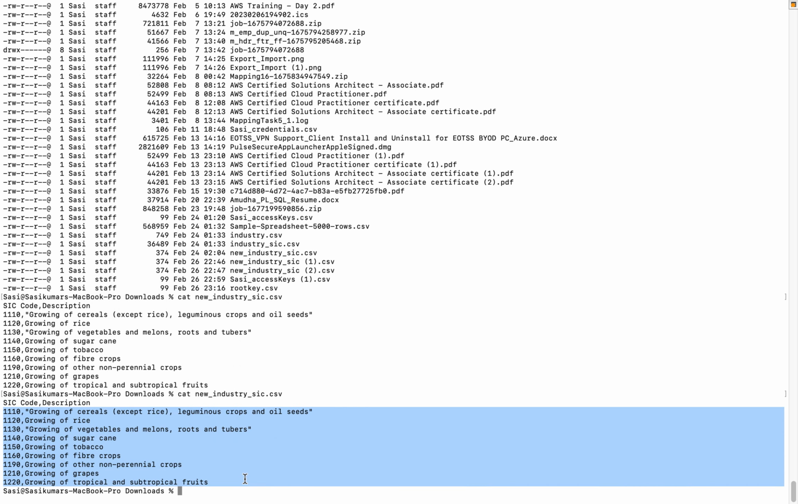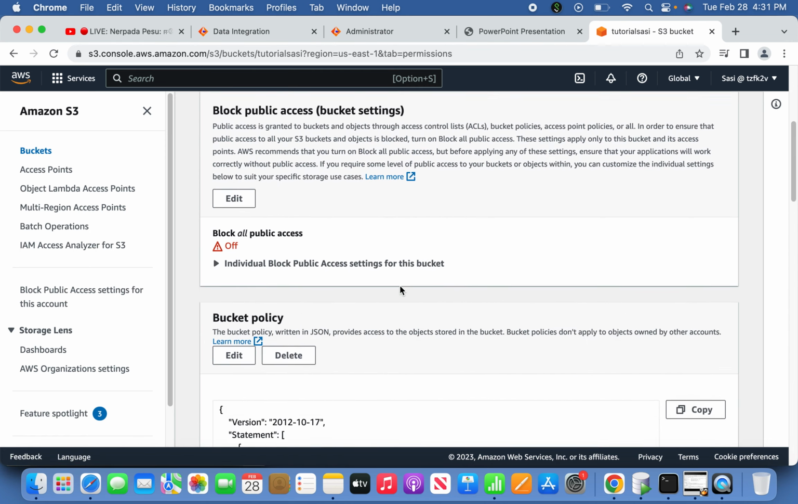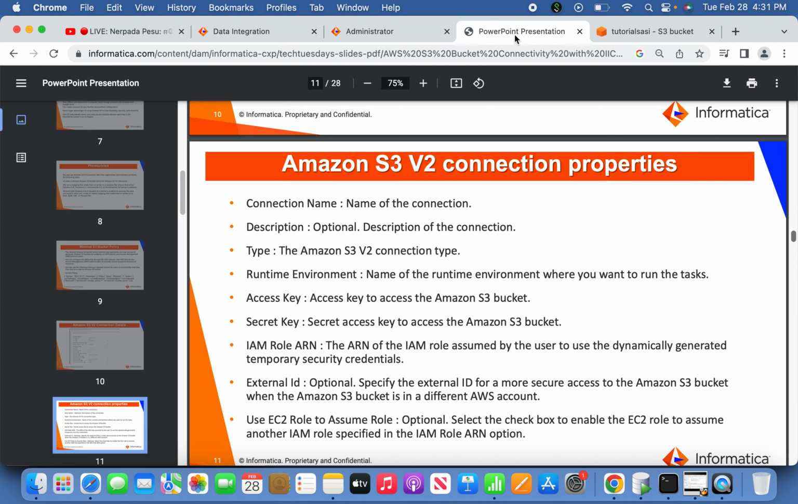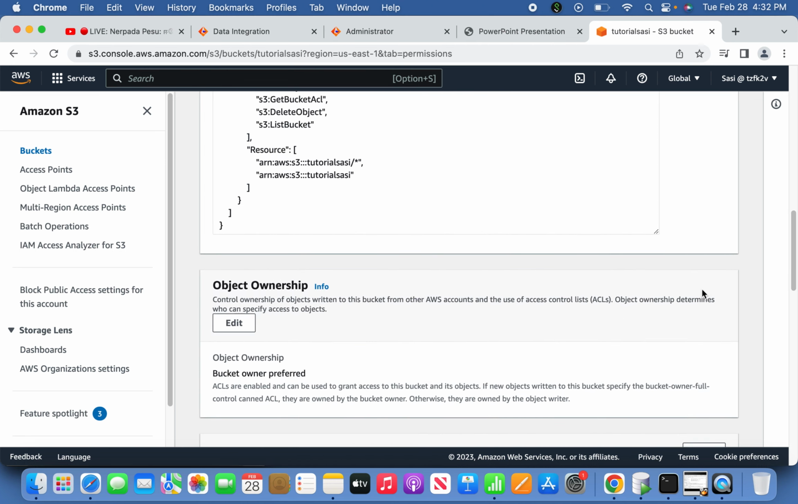If you go back, under the permission tab I created a policy as well. This policy allows the following actions: putting and getting the object, getting the bucket ACL, and delete access. So all these things you can grant. To quickly glance through how I got this, there is a good presentation from Informatica that I can share in my video post. You can read that offline. So this is the policy I've created. Once all this is done,